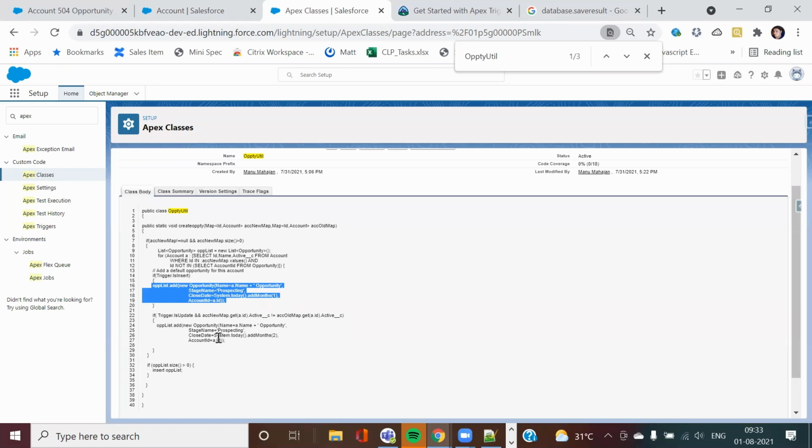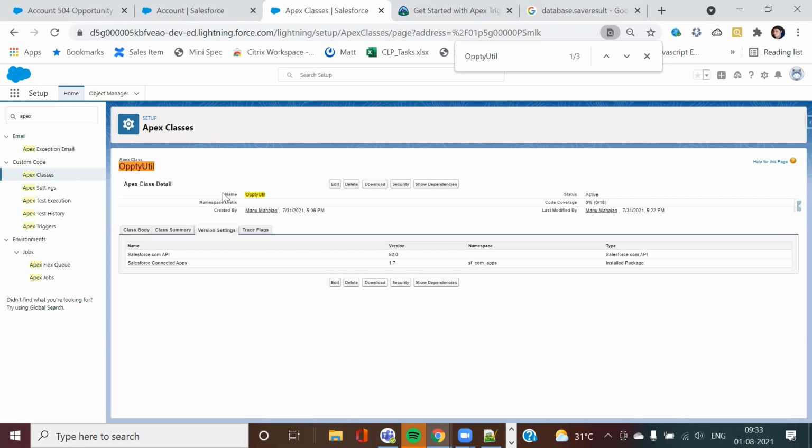Anything with that version settings? Version settings, yeah, this one is from your Salesforce side. Sometimes Salesforce gives some release features, and it happens that the new version is not compatible with the old version, because you have three releases a year. So mainly for that purpose you have the version. Currently I believe it should be 52 or 53. Yeah, it's 52. So in case you need to change the version, you can also change that.